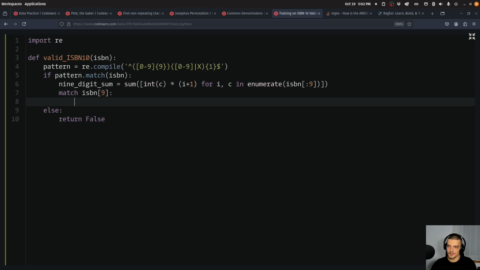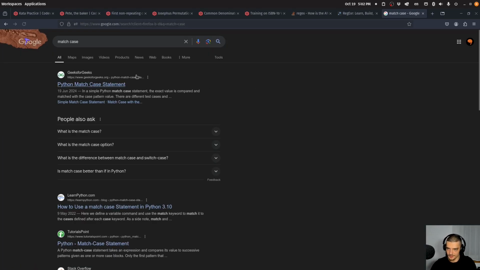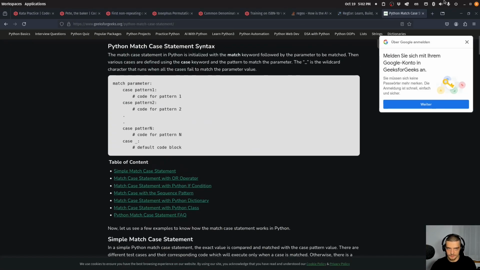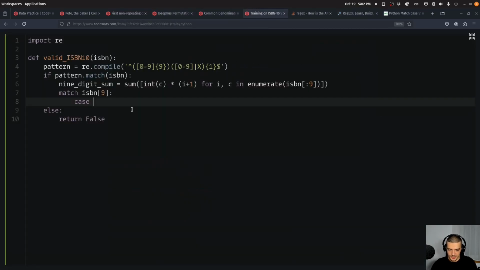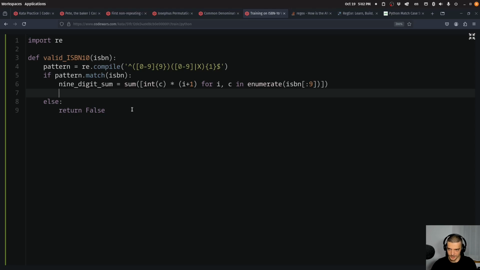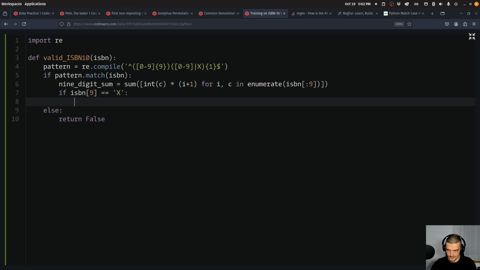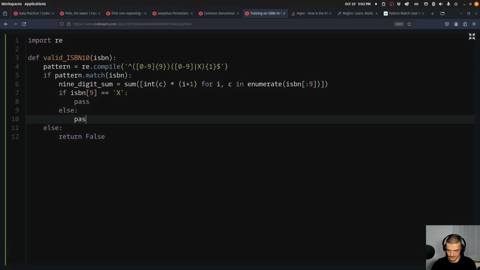9. And then case. How is the syntax actually of match case? I've never used this in Python, I think. Yeah, basically what I wanted to type. So match case, and I can say the case is either, or actually the case doesn't make a lot of sense. It's way better to say if the ISBN 9 is equal to X, do something, otherwise do something else, and the something is take the 9-digit sum, or actually just return 9-digit sum,